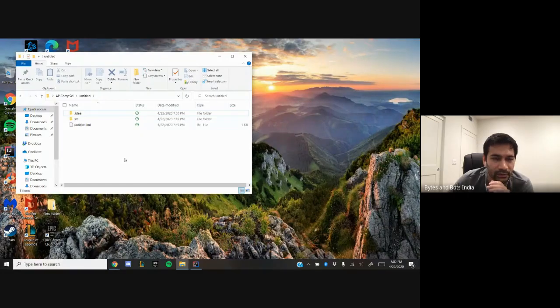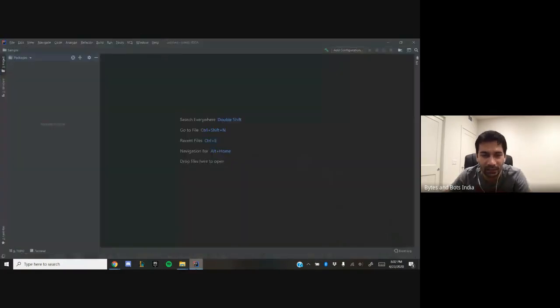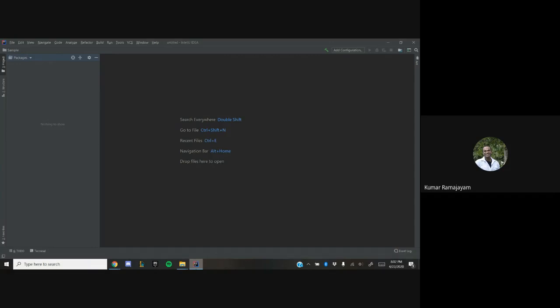So your project is there for sure. You can see the source folder, right? But what we are not able to see is in IntelliJ, it's not visible. So I think what might be going on is, give me just a second and I'll try to see what's going on. I'm trying to reproduce the same problem on my computer. Modules. So it looks like we need to go to